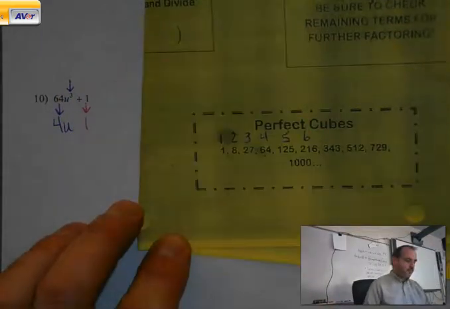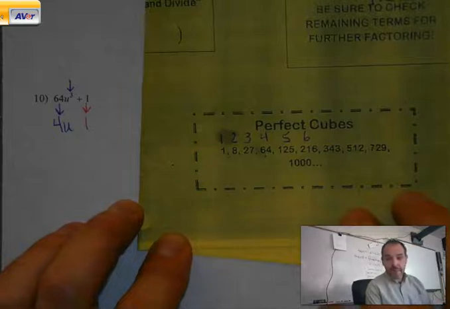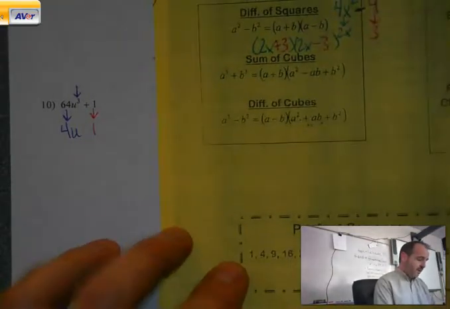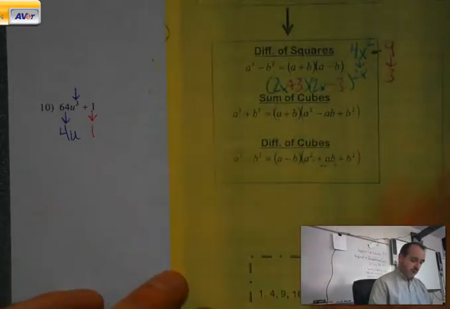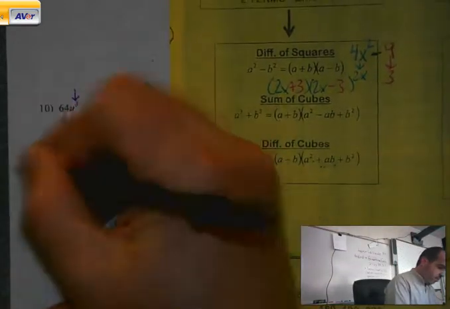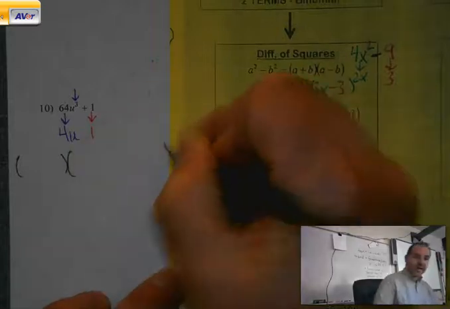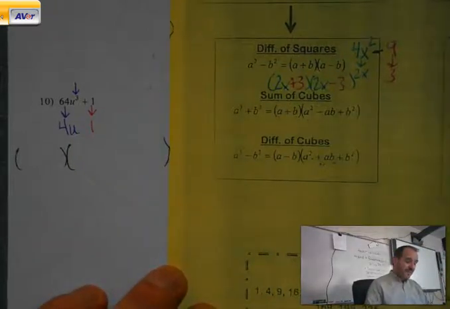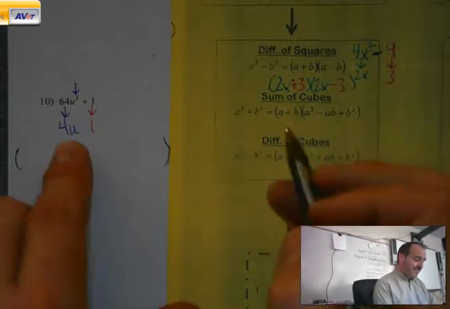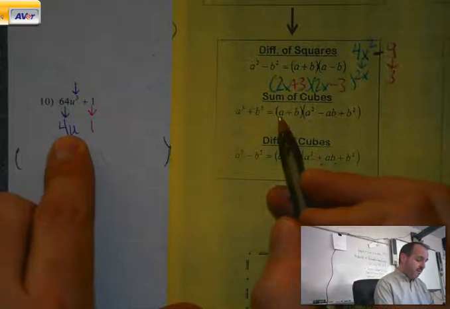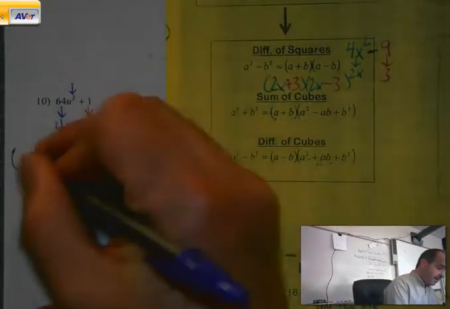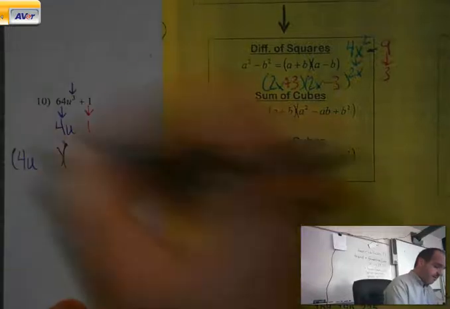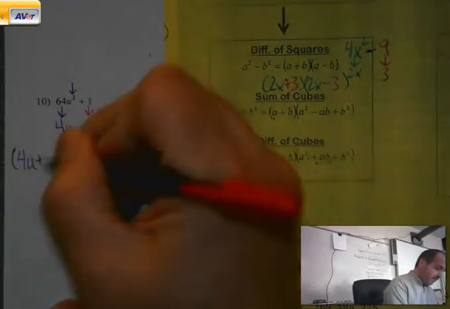And I cube 1 to get 1. Makes sense. Then I'm just going to flip over, and I'm going to say, okay, there's a plus in the middle. I'm doing sum of cubes. So when I go to do my answer, I'm just going to follow this form. This is my A. This is my B. So when this says A plus B, A plus B,